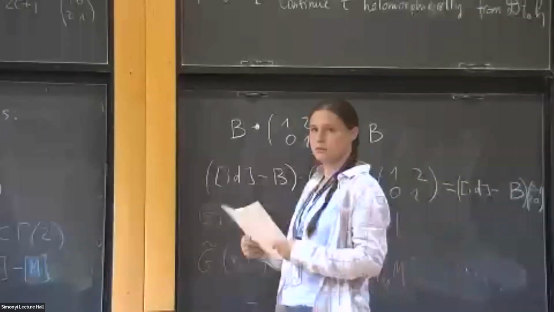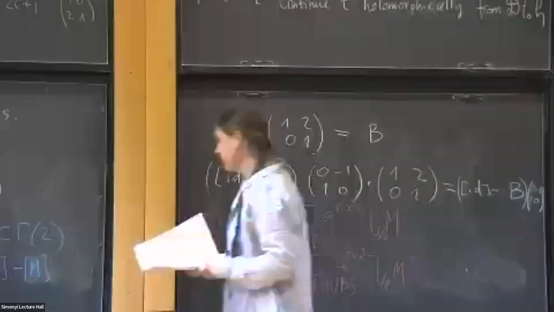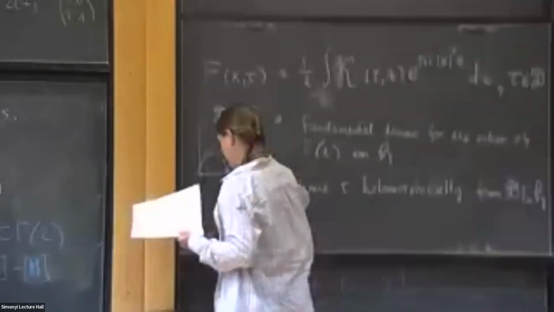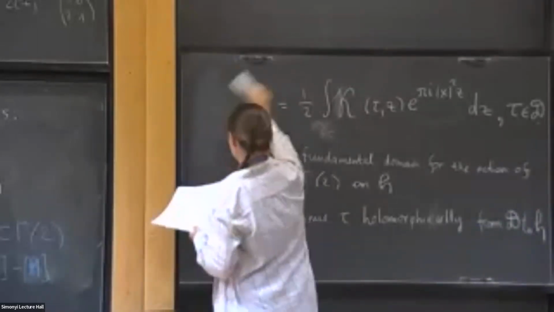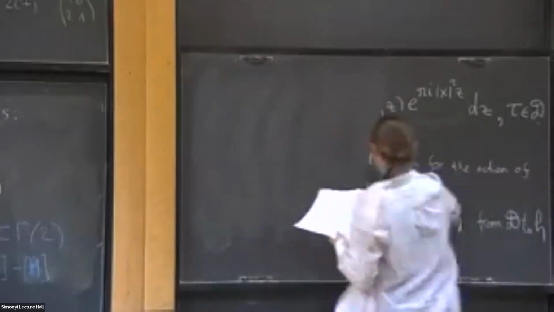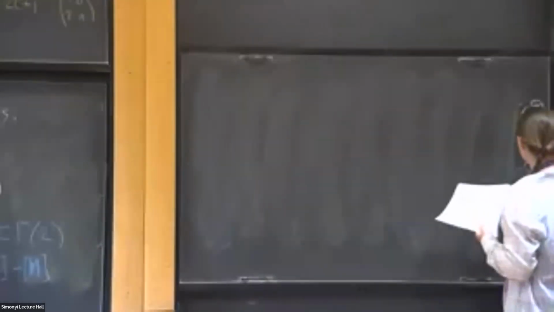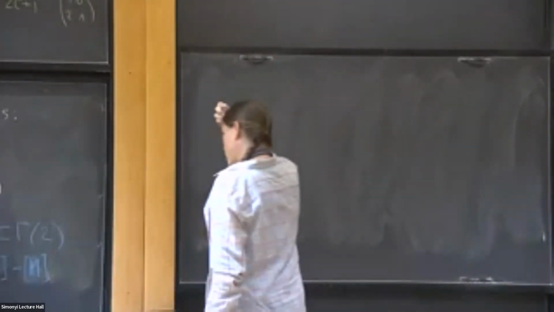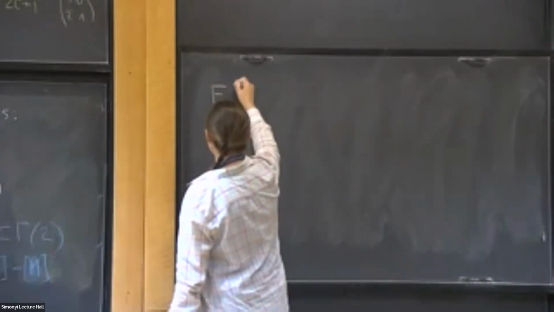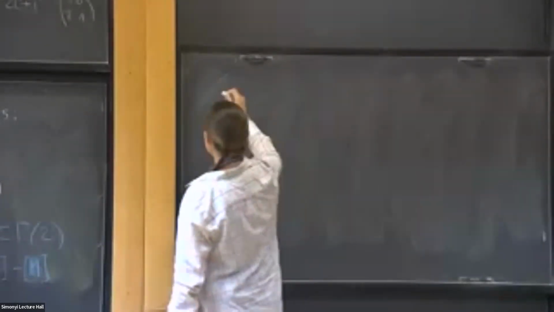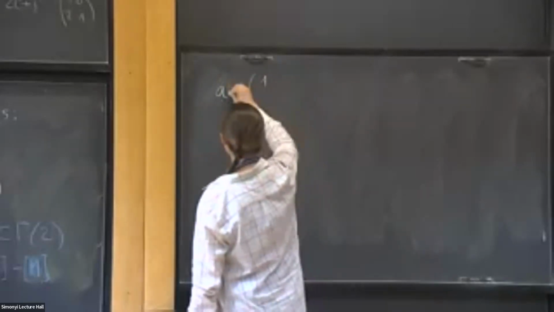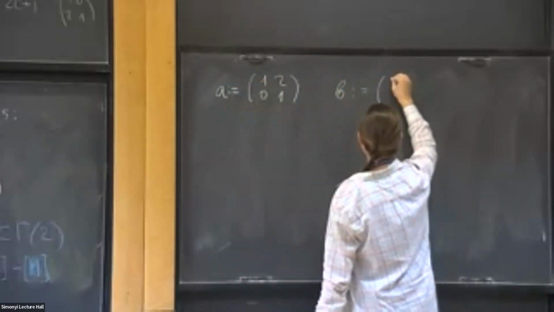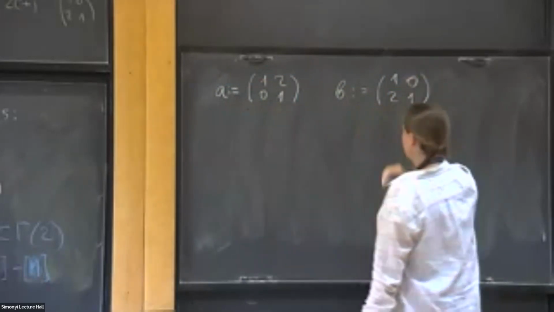And so now, what this set B should be to make the whole trick work. So then the set B has to be the following thing. So we know that. Let's make a notation. Let's denote this matrix by A, and this matrix by B. And we know that